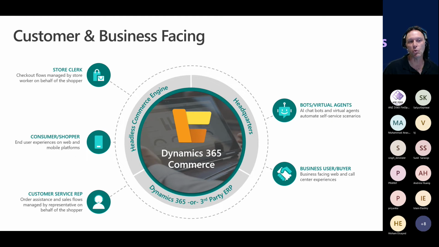So we support all those components. We also support whether it's web, mobile devices, tablet, laptop, computer, PC. We support all those different components. And customer service rep is like the call center, right? As I mentioned before, you can call up and you can go through that whole flow of placing a sales